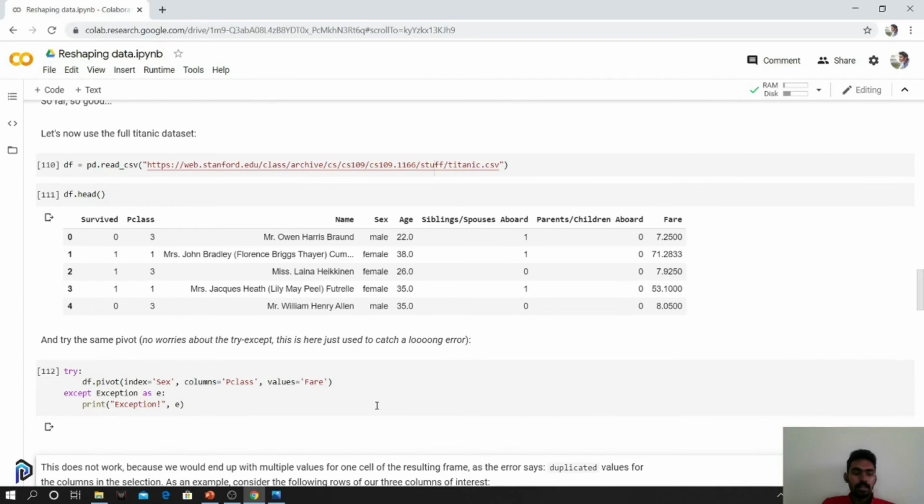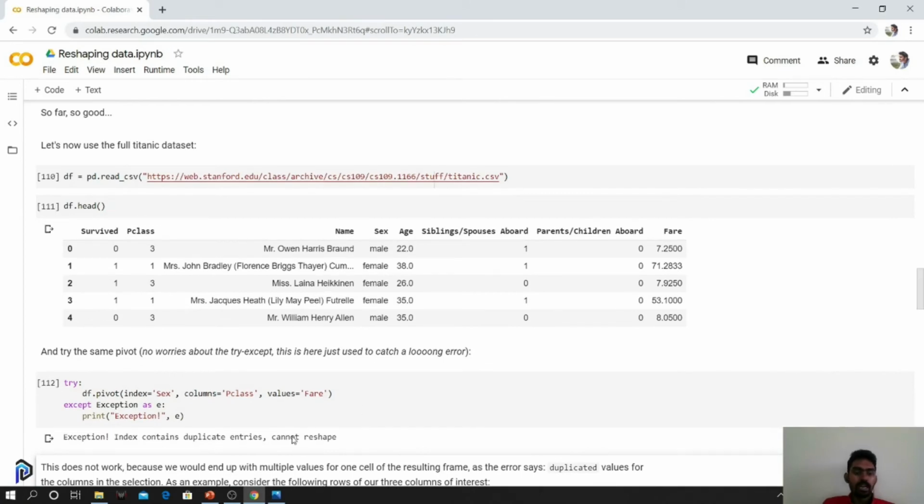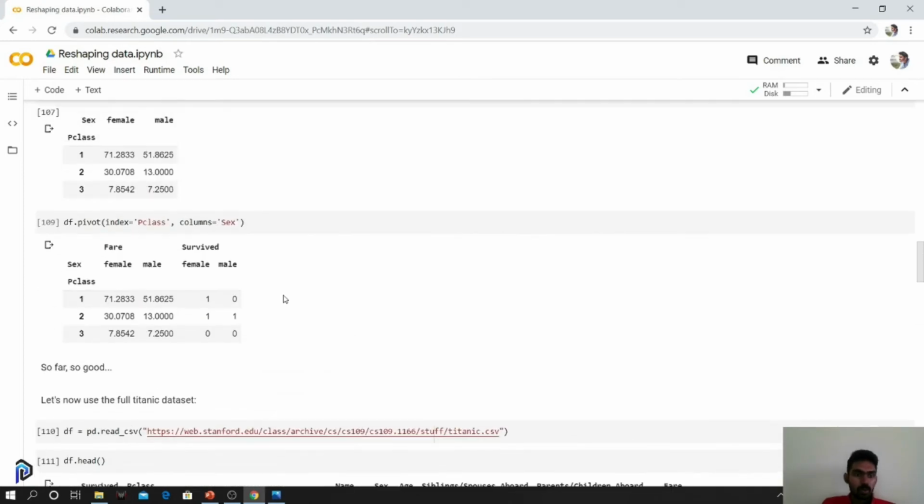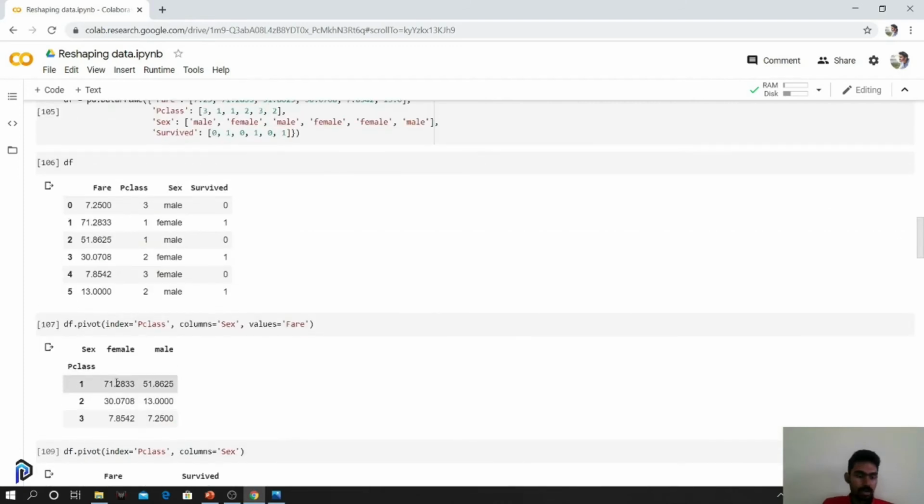So what happens is: index contains duplicate entries, cannot reshape. What does that mean? So we have the same value. For this particular table, for class one and female, we have more than one element, more than one example over there. So we can't solve it using pivot.